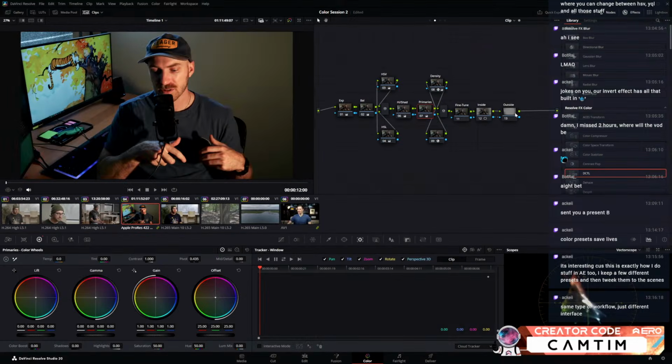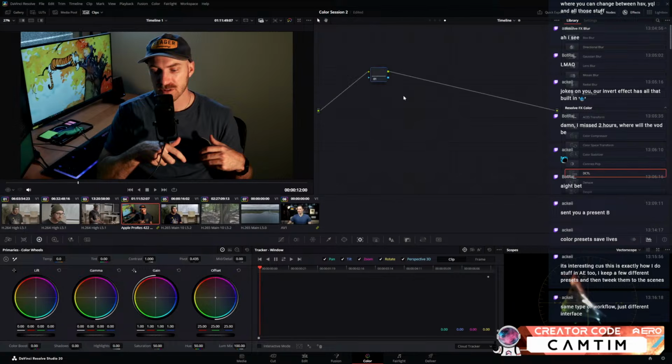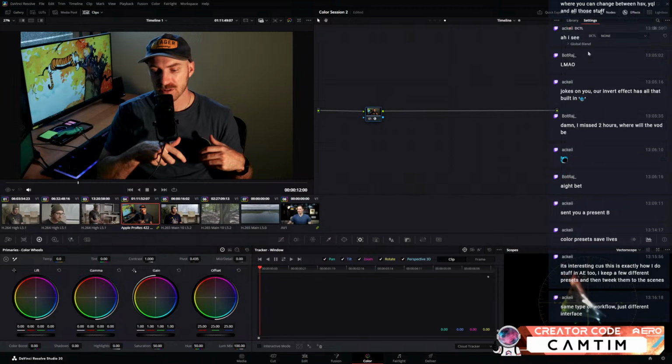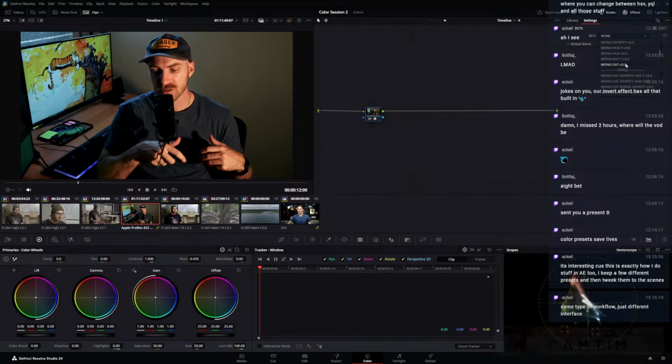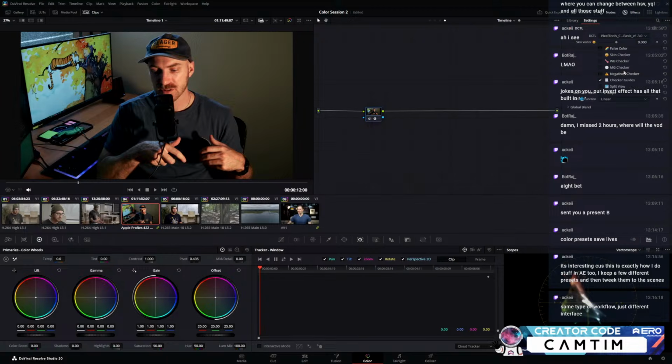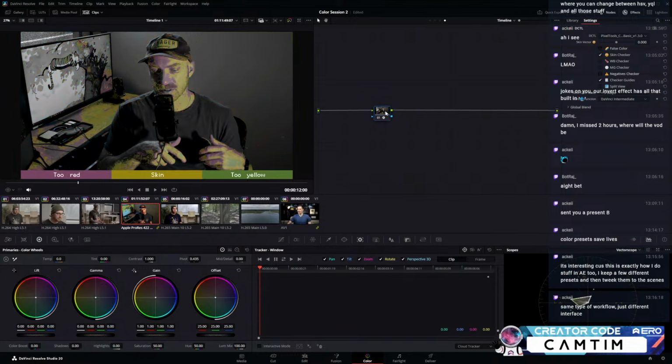And I also have this really nifty tool. You can place this on the timeline level, actually. This is a DCTL I have. I think there's a free one that Pixel Tools came out with. Let me see, let's see, do skin checker. Is that going to do it? Yes. Okay. So you can do something like this where you can place a skin checker on your footage,